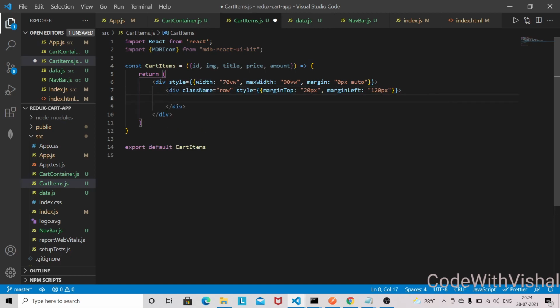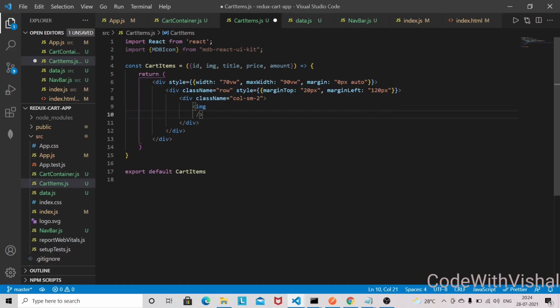And it will have some columns. So I'm going to divide the entire screen into different columns. So col sm2, and let's just display that image here.